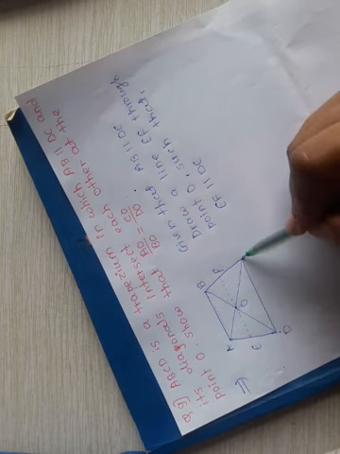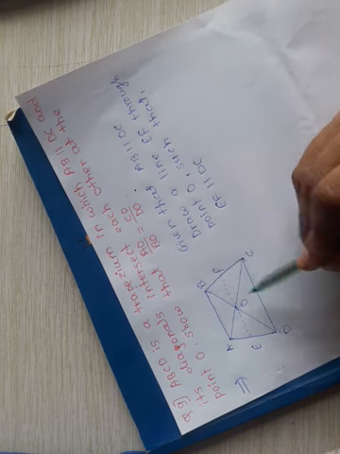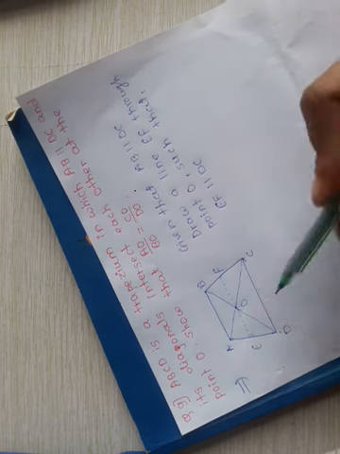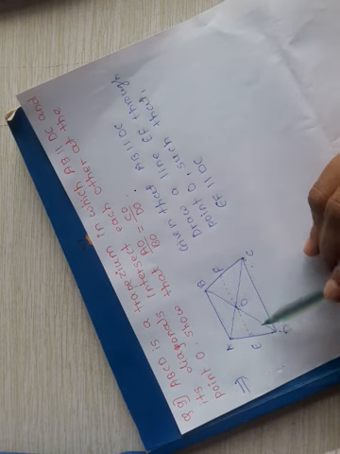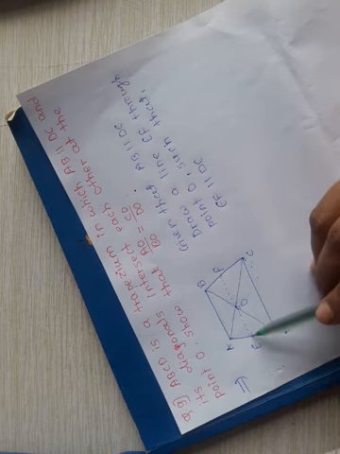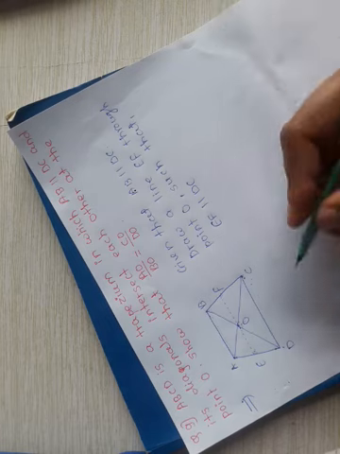Okay, in this triangle ADC, this EO is parallel to DC. If EF is parallel to DC, then we can say that this EO and this OF are also parallel to this DC. Similarly, AB parallel to DC is given to us, and if AB is parallel to DC, then we can say that this OE must also be parallel to this AB, because this OE is parallel to this DC. So EF is parallel to DC is given to us.